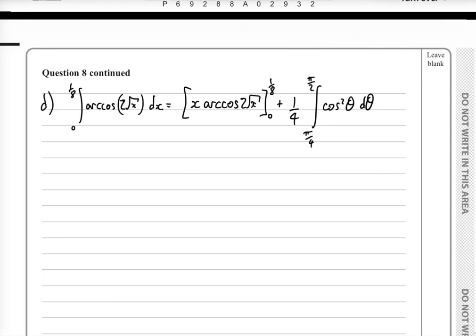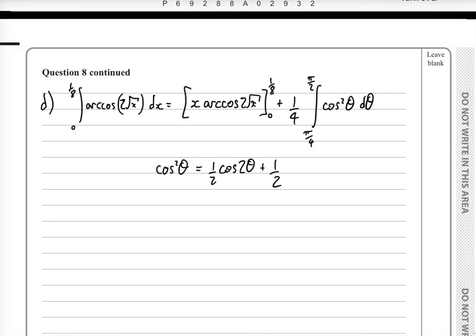Now to integrate cos squared theta, we're going to change cos squared theta into a half cos 2 theta plus a half using the double angle formula. So the integral is equal to 1 over 8 arc cos 2 root 1 over 8 minus 0